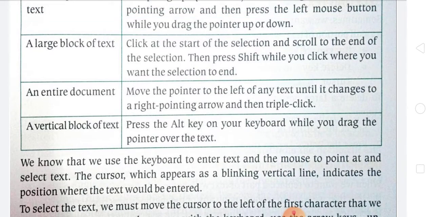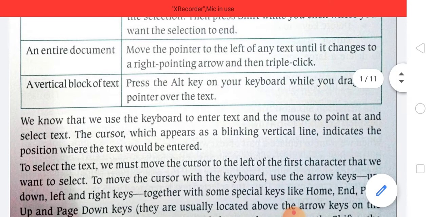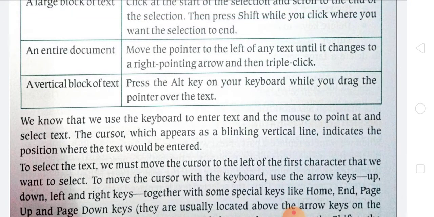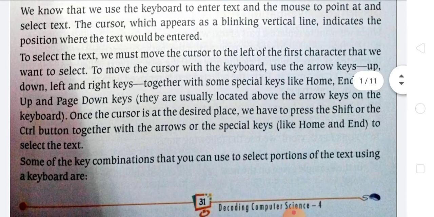To select an entire document, just move the pointer to the left of any text until it changes to a right pointing arrow and then triple click. To select a vertical block of text, press the alt key on your keyboard while you drag the pointer over the text.